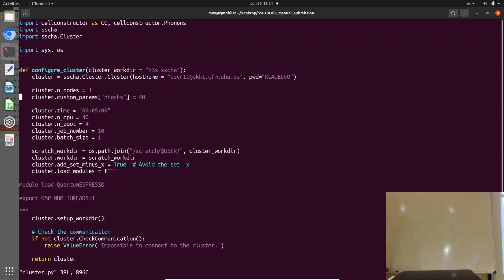So this is the cluster.py, which has been modified with respect to the one that we gave you to be adapted to this particular cluster, so that we show how to actually adapt this file to the cluster. So these are the keywords. These are quite simple configuration. And so if you want to play a bit around with these, so you can try to do, for example,